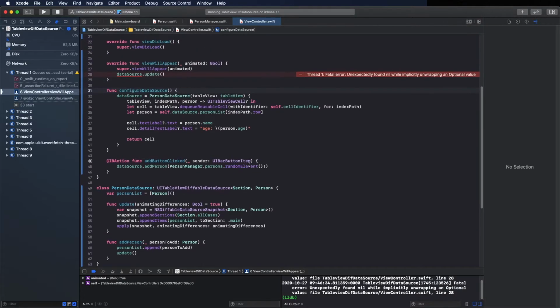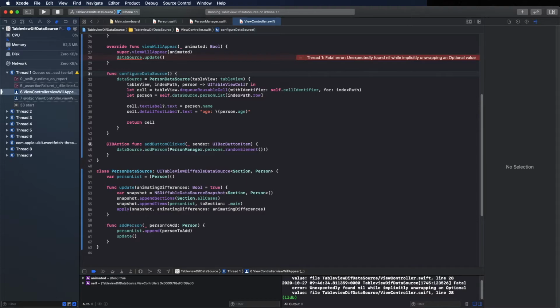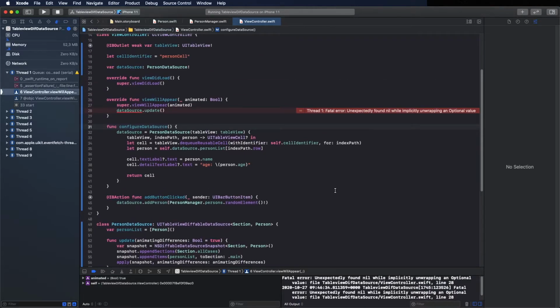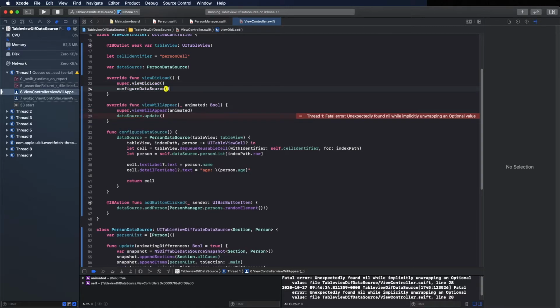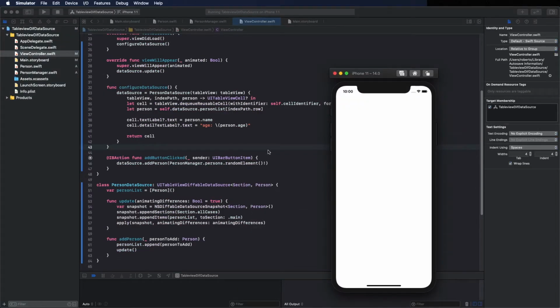Okay, we forgot to call configure data source. You can see here that we have a nil, basically the data source variable is not set yet. So to correct that, we just need to call configureDataSource in viewDidLoad. Here, let's run again. I hope it's okay now,